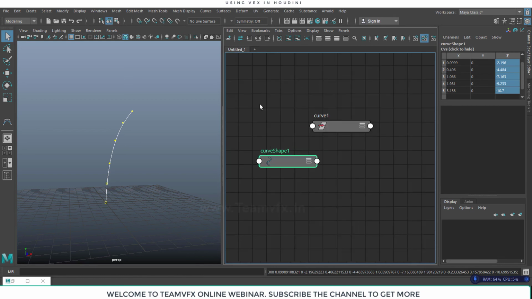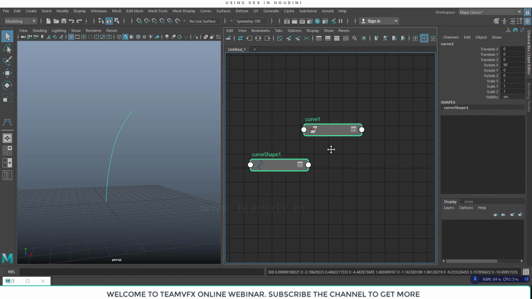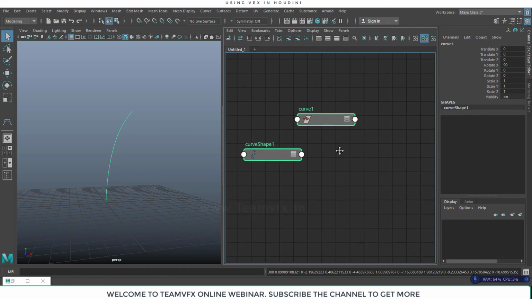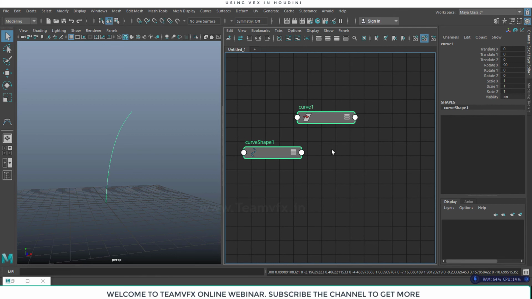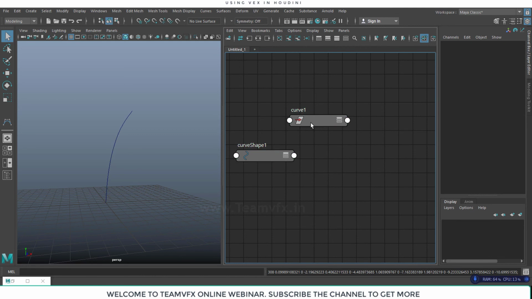Now we have 2 nodes over here, and what we need to do is create a surface. As our webinar is focusing on working in Maya the Houdini way, creating a surface by creating nodes, we will do everything over here in the node editor, so we can understand how the nodes work.